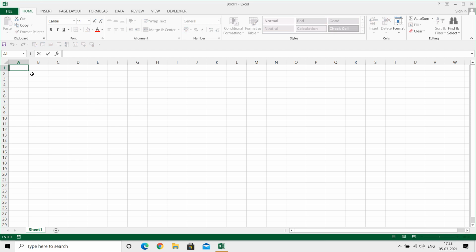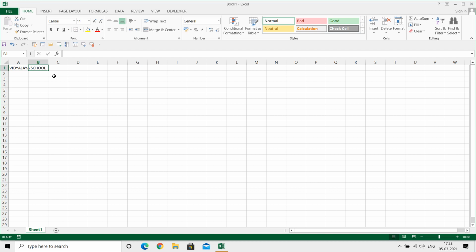Now how to make data entries here? You just go to the cell where you want to type something. Now I am going to A1. I have gone to A1, displayed here. Now I am going to type something. Vidyalaya School. You can just hit the enter key, so it will accept the data, and